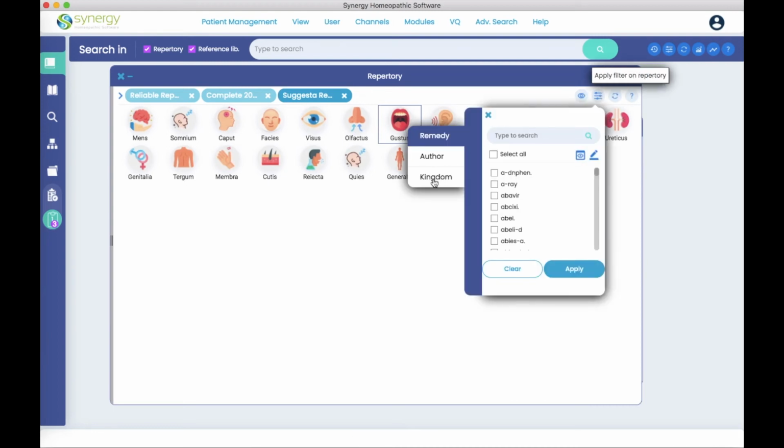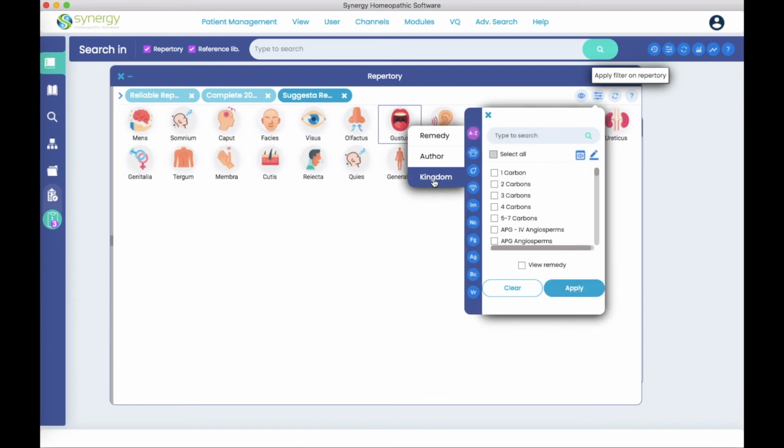Let's go filter for kingdom. So when you click on kingdom in the filter window, you automatically see all these icons, and you can go straight to a kingdom by clicking on its icon. If I wanted to go to the plants, I could go here, or it defaults to A to Z. So if you know what kingdom it is you're interested in filtering for, maybe you could want to do more than one. Maybe you want the Solanaceae and the